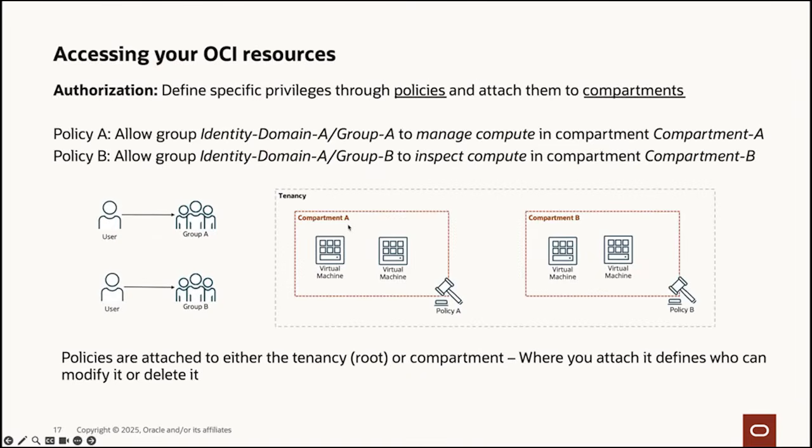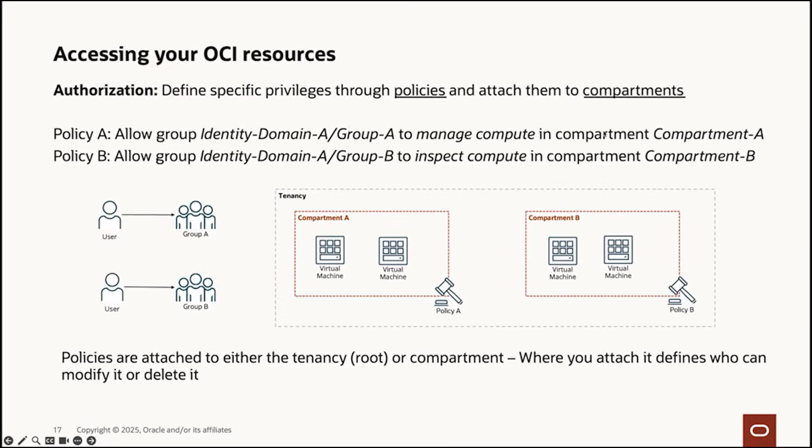So let's get into access and authorization. For authorization, you'll define specific privileges through policies and attach them to compartments. So here we have two policies, two compartments, two groups, and two different users. This is a great example to walk you through how this works and how it looks when you're operating in OCI with compartments. So policy A, we're allowing the group in identity domain A, group A, to manage compute